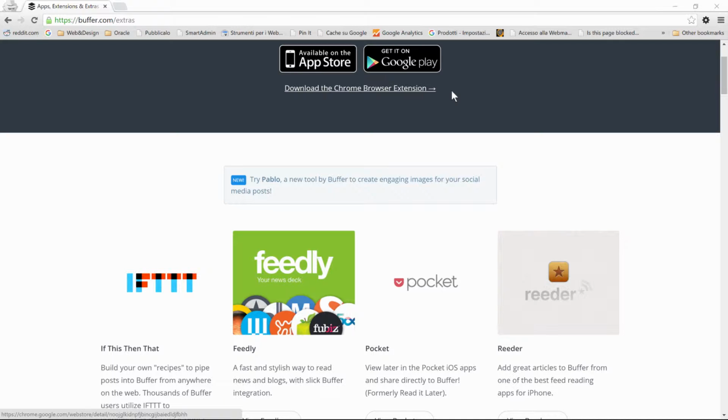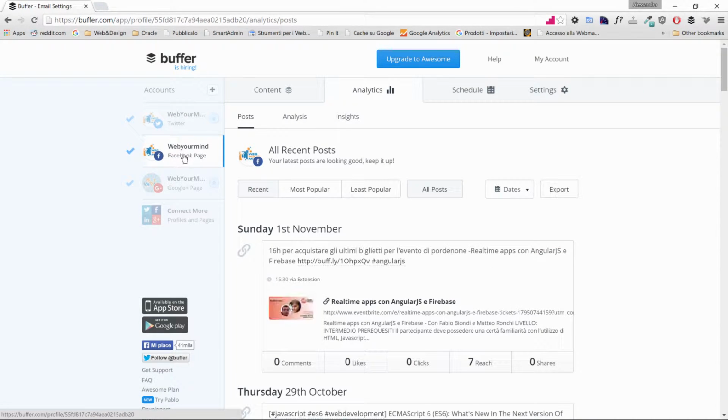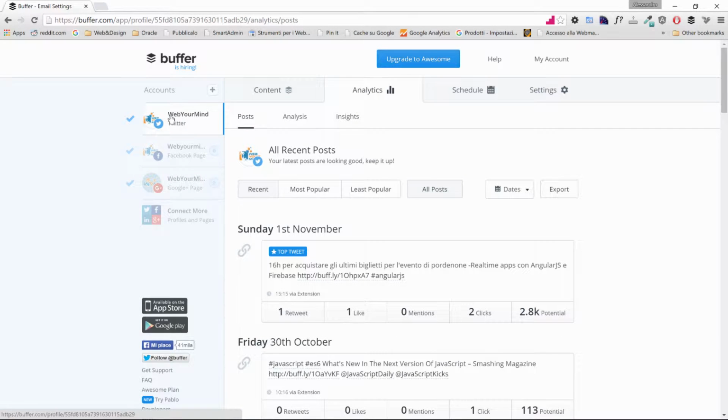Let's move now into my own account with some data already pre-populated so I can show you something more about the dashboard. Here we are now looking into my own account, and as you can see I've added my Twitter account, my Facebook page, but we can add also groups, we can also add main profiles, and my Google Plus page as well. If we click on the Twitter tab, for example, you can see that we have other 4 tabs on